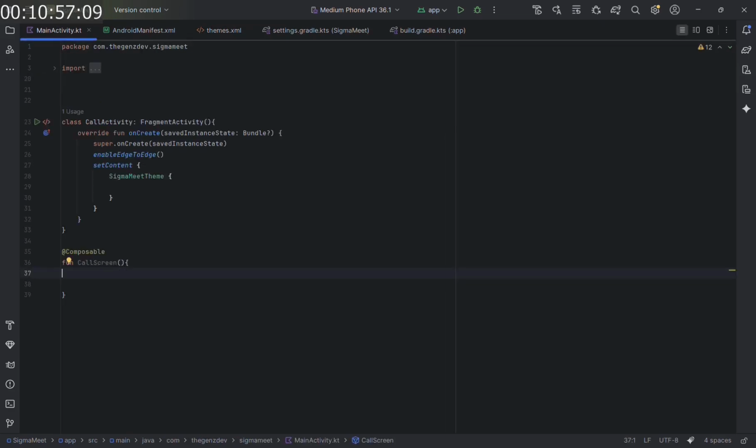Now to define the call screen, you're gonna write fragment manager of type androidx.fragment.app.FragmentManager. Yes. And then you're gonna add a surface to this,